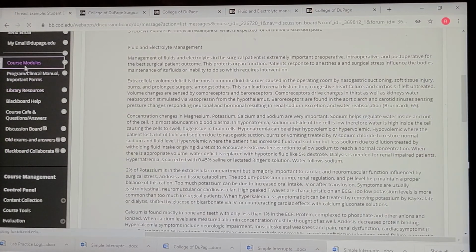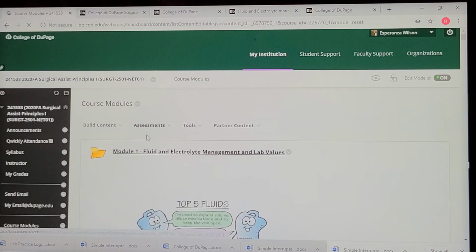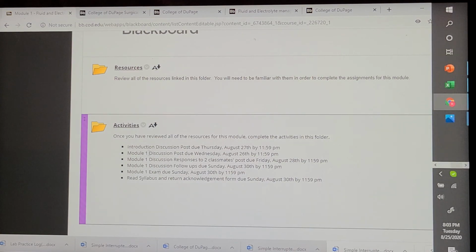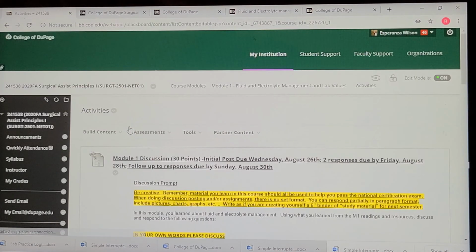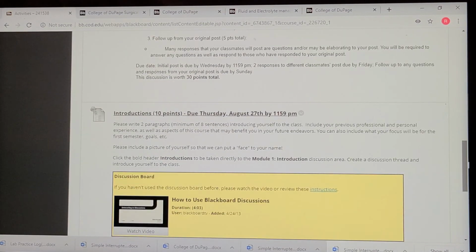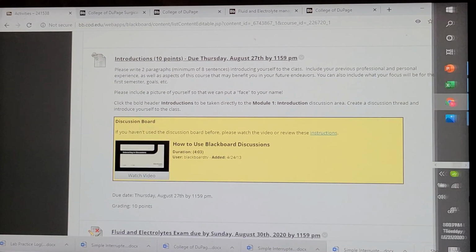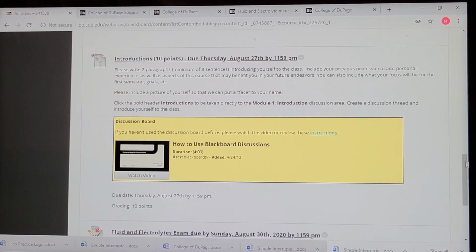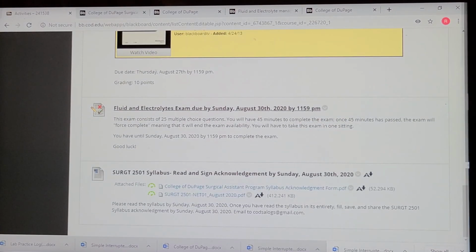So going back to your Module 1 homepage, back to your activities, you're also going to see just for this week that you will have an introduction. This introduction is going to be due on Thursday. You just have to say a little bit about yourself as well as include a picture so that we know how everyone looks. Each week, like I mentioned in the welcome letter, you will have either an exam or